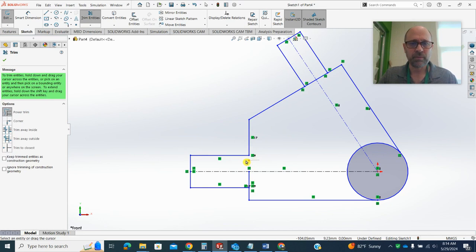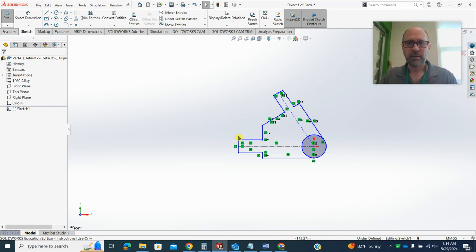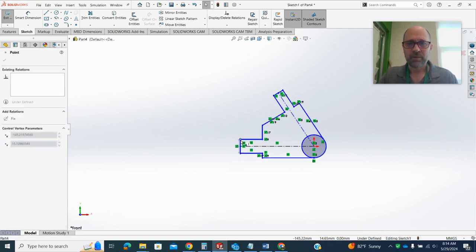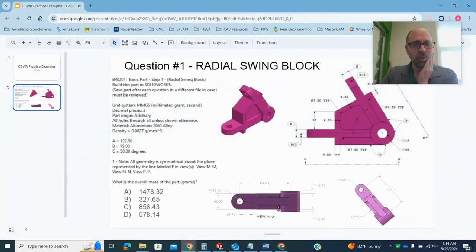Now I'm going to trim this excess material, these excess sketch segments. Okay, and now that looks pretty good to me, right? So now I'm going to start dimensioning. The only tricky thing is the dimension of this hole, right, is 120, and then we have this full radius on the outside of that. So what I can do is either add half of this width, right? The radius of this fillet is going to be half of that width. It's going to be 20, so I can add that to this 120,